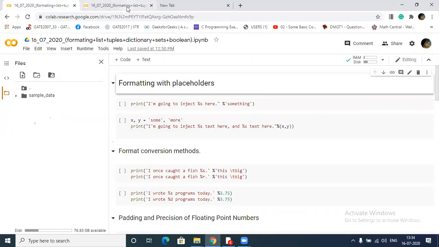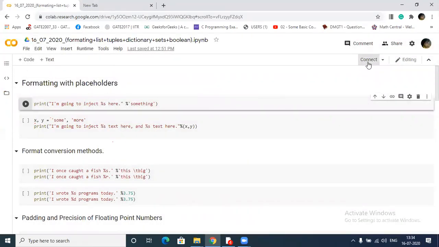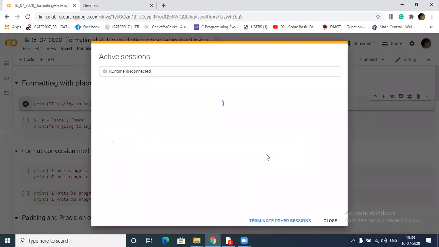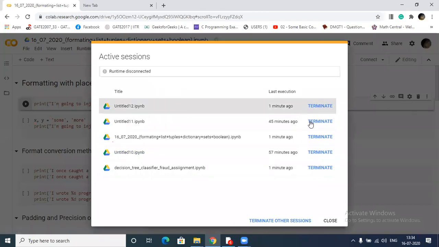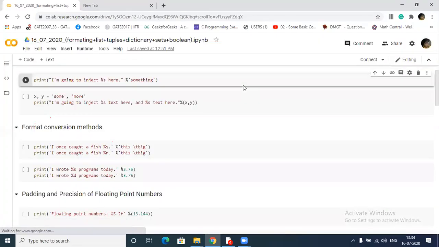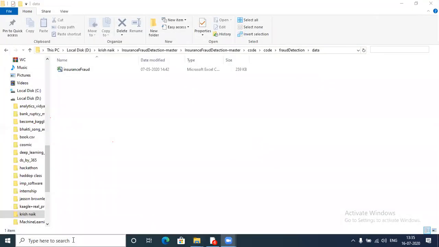Oh, okay. Now it will connect. I'm very sorry. I guess it's asking you to terminate a few of the sessions. Yeah, now it will connect, I think. Yeah. One minute. I will just click open, reopen my.